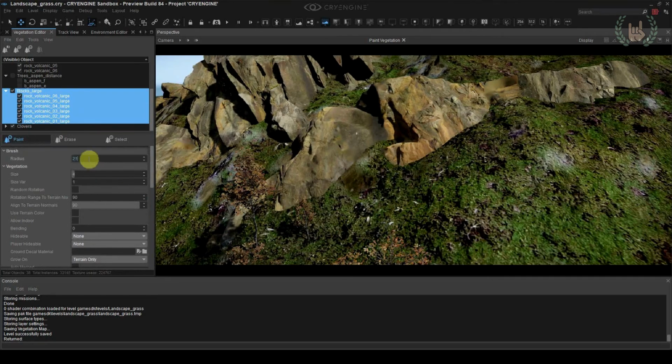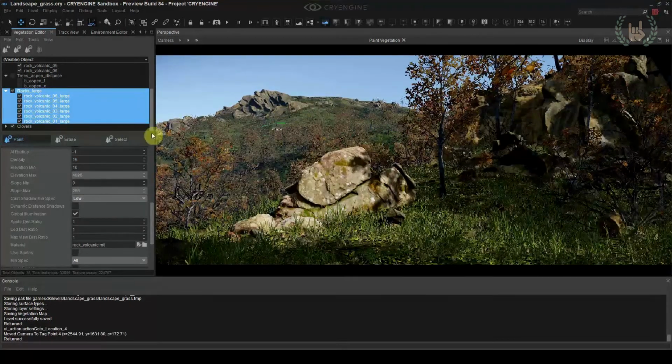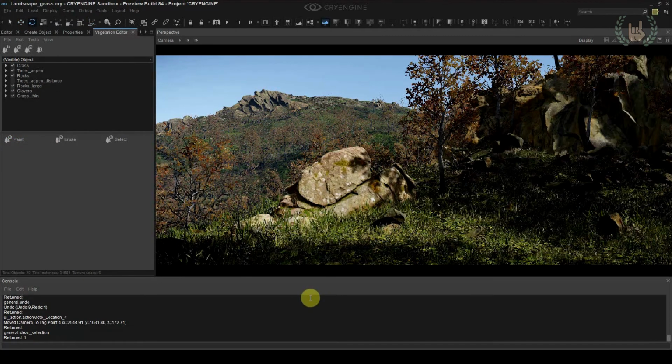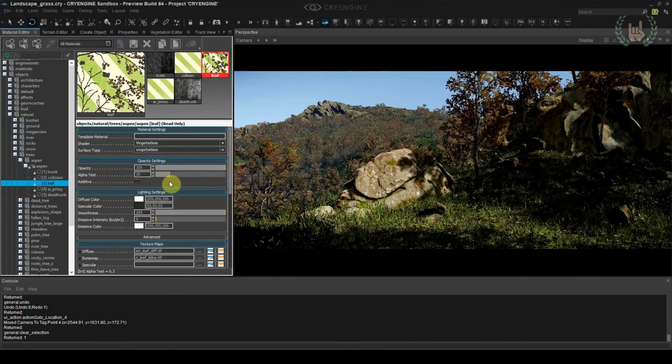Decided to do a bit of little rock placement in the very distance as well. Pretty much the same technique I was using before. Bigger rocks closer to the cliffs and then gradually getting smaller. And once you have all the elements in place, you can start going in and tweaking the individual colors of